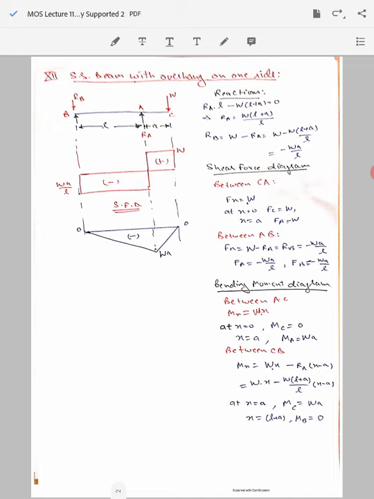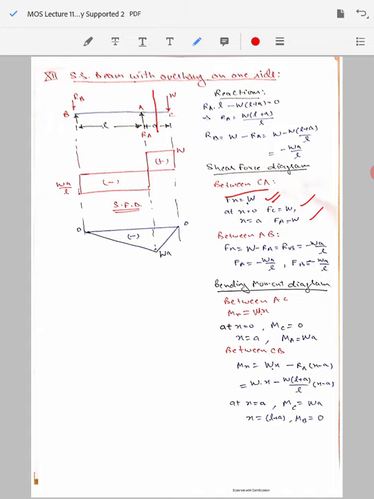Now drawing the shear force diagram and the bending moment diagram will not be that difficult, because we have already gone through that. We are going to consider the different spans, first the span CA. Assume the beam to be cut anywhere between C and A. Consider the right hand section of the beam. There is only the force W acting, so the shear force at the cut section will be equal to the applied load W, not dependent on x.